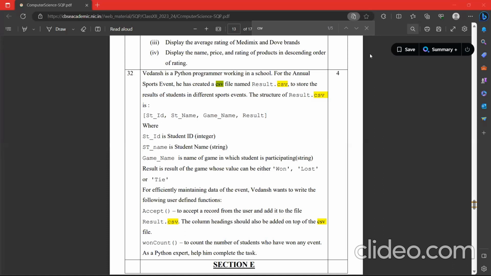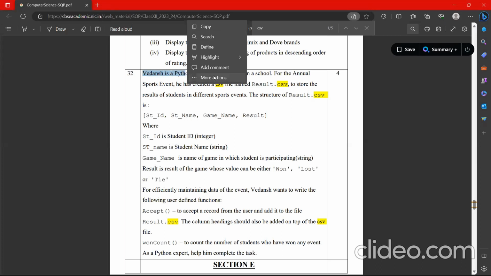So let us see the type of question which comes from CSV files in boards. You can see this question. This is from the CBSE sample paper. Vedansh is a Python programmer working in a school. For the annual sports event, he has created a CSV file named result.csv to store the results of the students